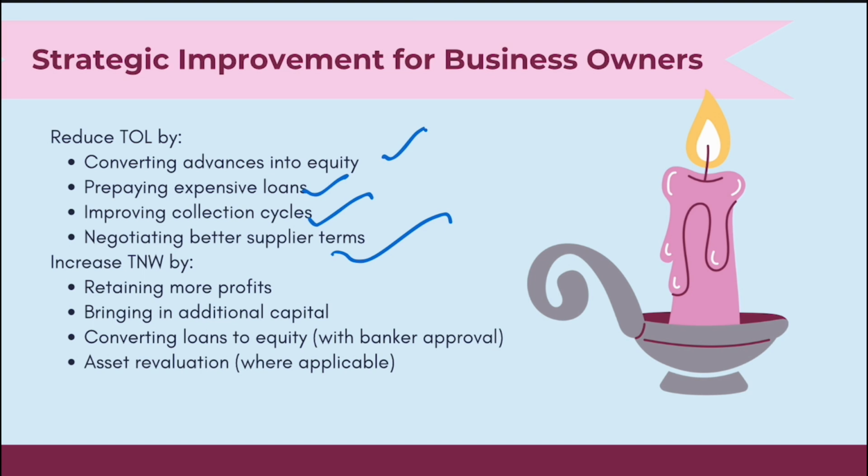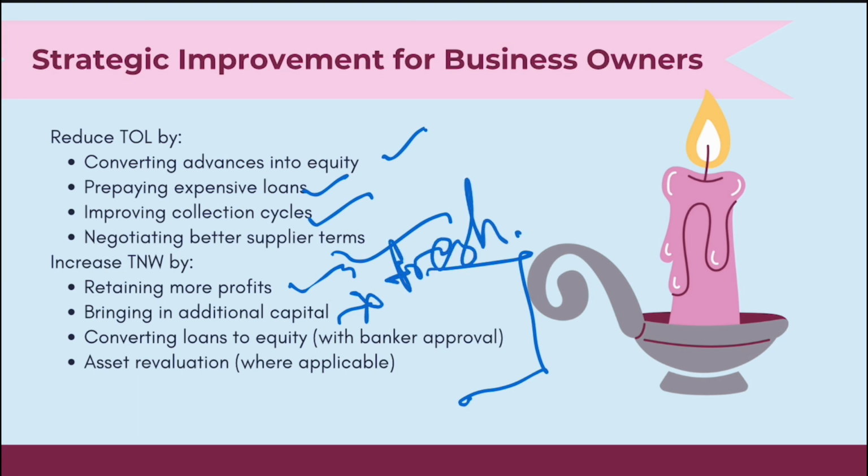Now it can also improve by increasing your tangible net worth. You can retain more profit instead of withdrawing more. You can bring in additional fresh capital. This is fresh capital. Okay, you can convert your loans into equity. We have told you about quasi capital, and asset revaluation is sometimes recommended only when it is applicable. Okay,